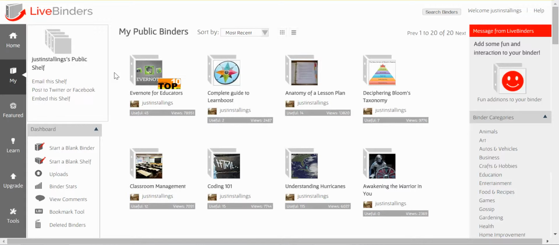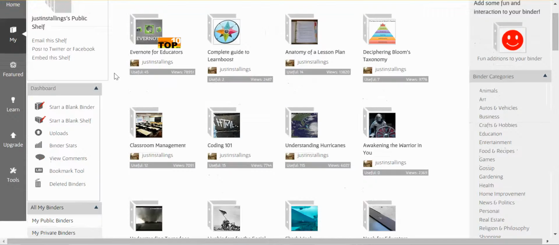Students will definitely take ownership of their LiveBinder, and they can add to that throughout their learning process. And it doesn't necessarily have to stop at school. LiveBinders is something that they can start as soon as possible and work through for the rest of their career. We always talk about students being lifelong learners, and certainly this is something that